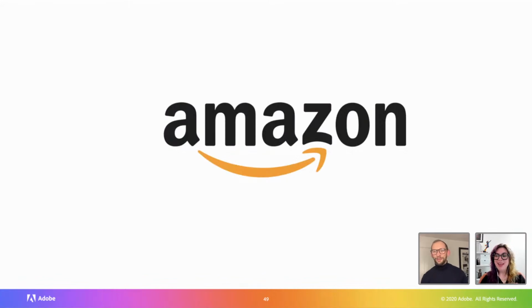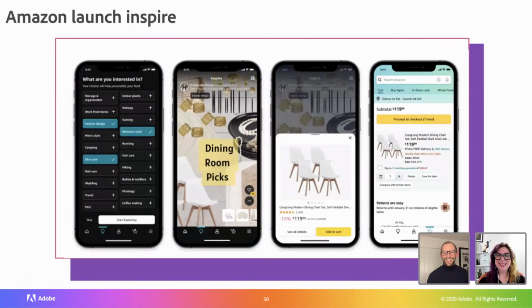And I've put Amazon on here. I know, I was scrolling through ahead of time and I was like, what is this? So they've launched Inspire. They did this in December. This is not the first time Amazon have tried to go into a social media space, but they've hooked up with a bunch of creators, Amazon influencers, and basically it's a TikTok-like feed that is all orientated around e-commerce.